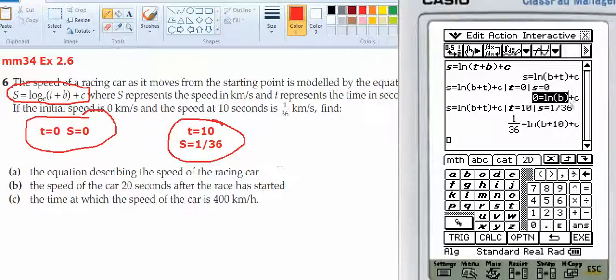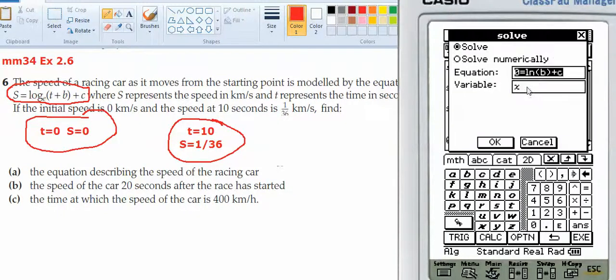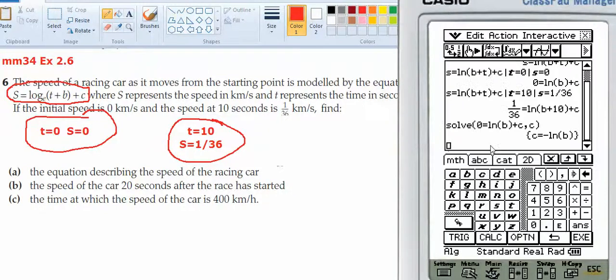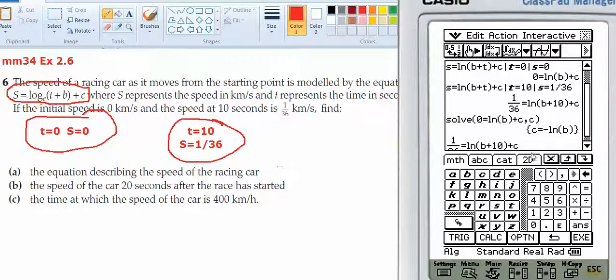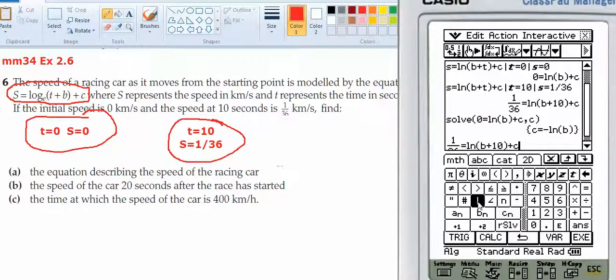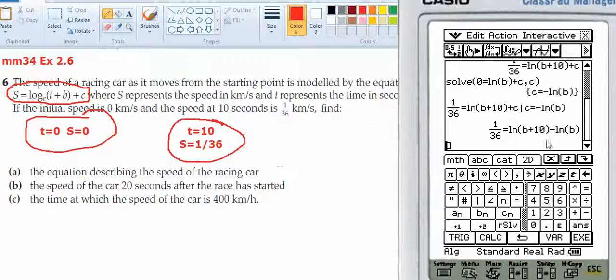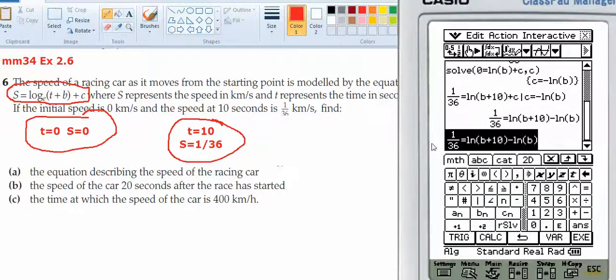Okay, if I try and drop these logarithms into the simultaneous equation palette, it won't work. It will just drain the batteries, and it doesn't have the ability to solve those. So I'm going to rearrange this for C. And then I'm going to take my second equation and option given, this is what C equals, and I've now got an equation in terms of B. And if I take that into a new line and solve for B,